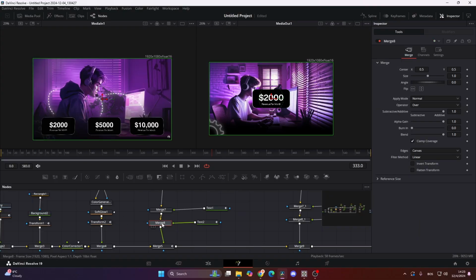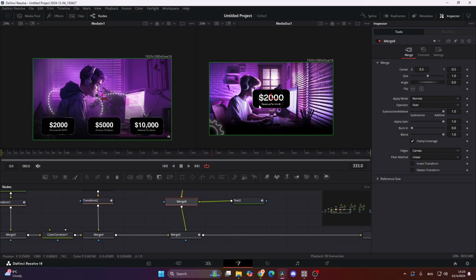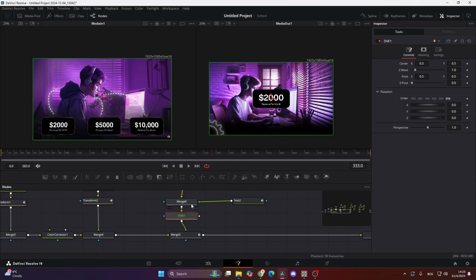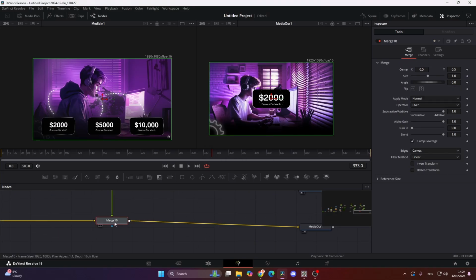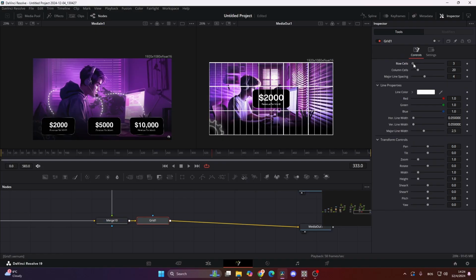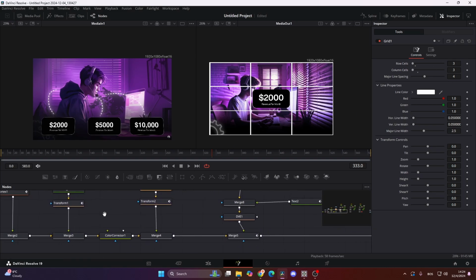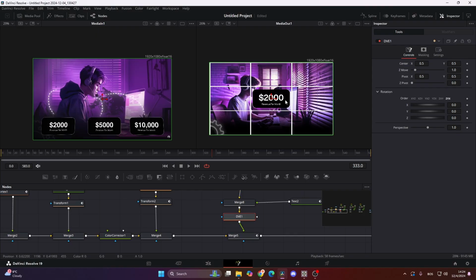Okay, next thing that we are gonna need is a DVE node. So let's go to the merge of the first one that we created and type in DVE. We could actually add in a grid at the end here. Let's make this like this and this also like this. So 3 rows and 3 cells, just so we can see what we are doing where. So let's go back to our DVE node and then just adjust our